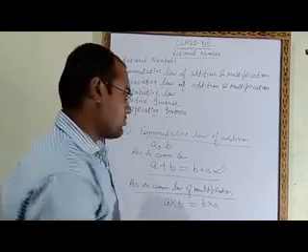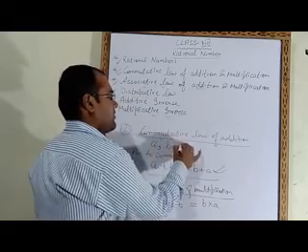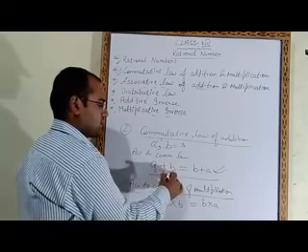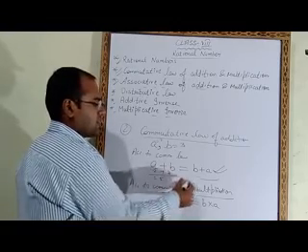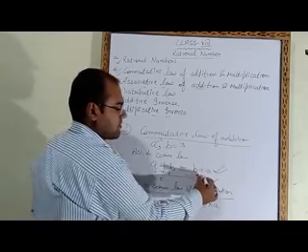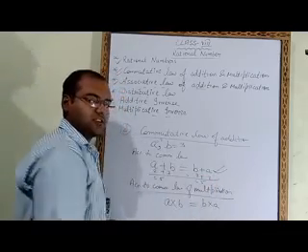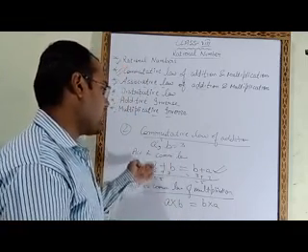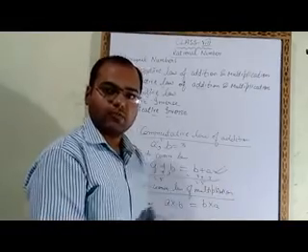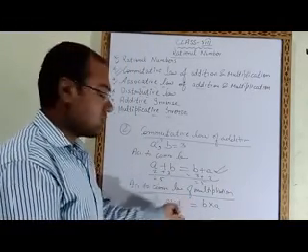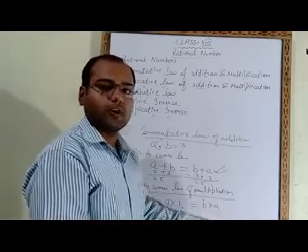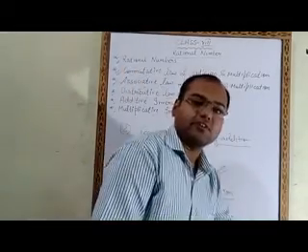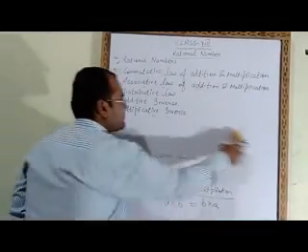Let's take one example. Suppose I have taken a value 2 and b value 3. You can check here, a plus b, that means 2 plus 3, will be 5. And here b plus a means 3 plus 2. There also we get the answer 5. So the left hand side is 5 and the right hand side is also 5. So according to the commutative law, a plus b is equal to b plus a. And in multiplication, a multiplied by b is equal to b multiplied by a. Now the third is the associative law of addition. In the associative law, what you have to do?